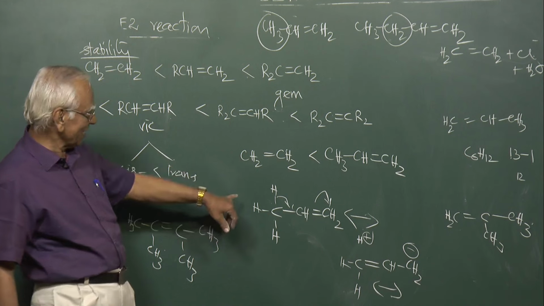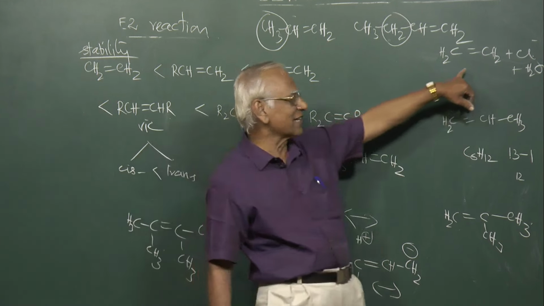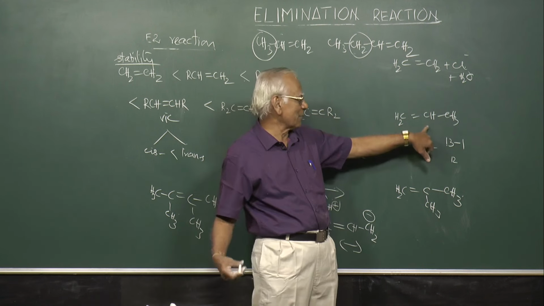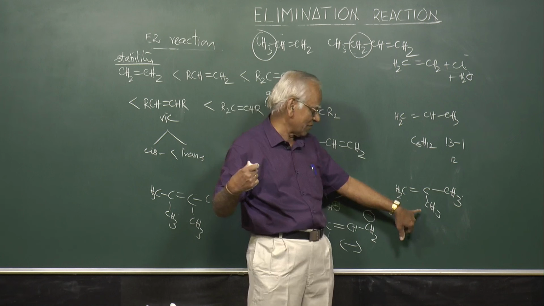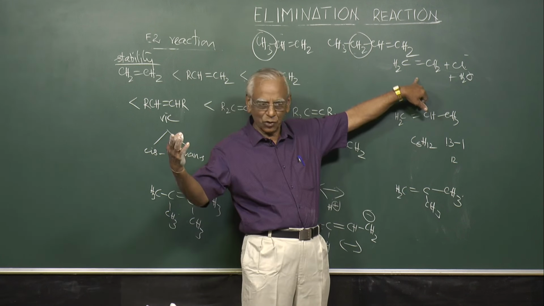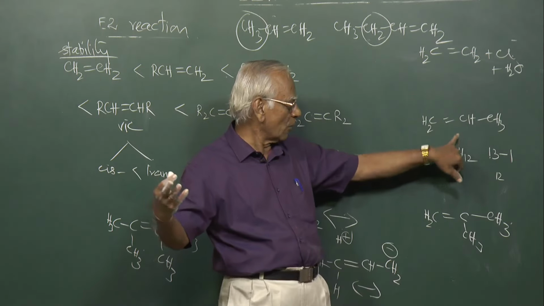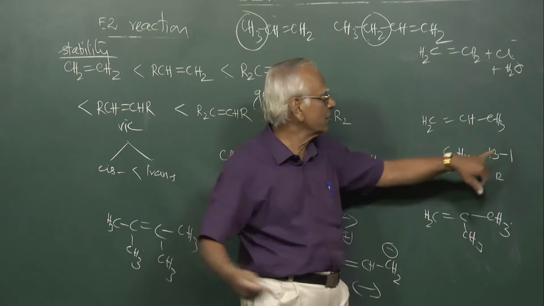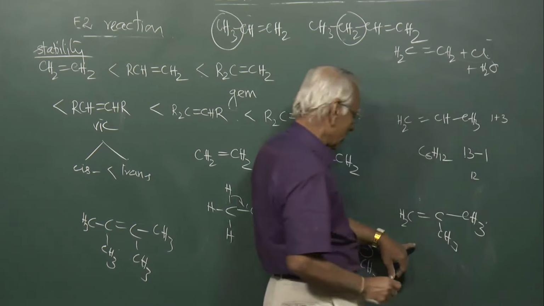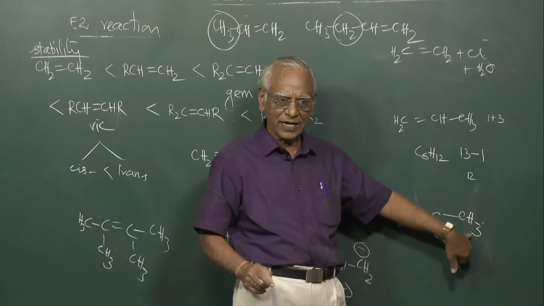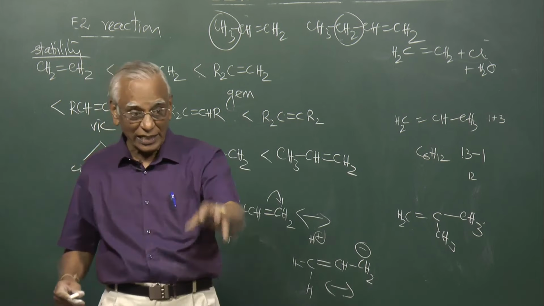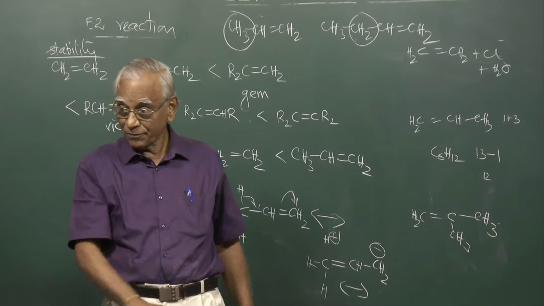Now, look at this. We have written the molecule, we still have that product here, ethene, from a primary halide. This is obtained from the secondary halide. This is obtained from the tertiary halide. How many resonating structures? Only 1. No hyperconjugation here. How many resonating structures? 1 plus 3, 4 resonating structures. How many resonating structures? 1 plus 3 plus 3, 7 resonating structures. And as and when you put the alkyl group, especially the methyl group, now you see here,